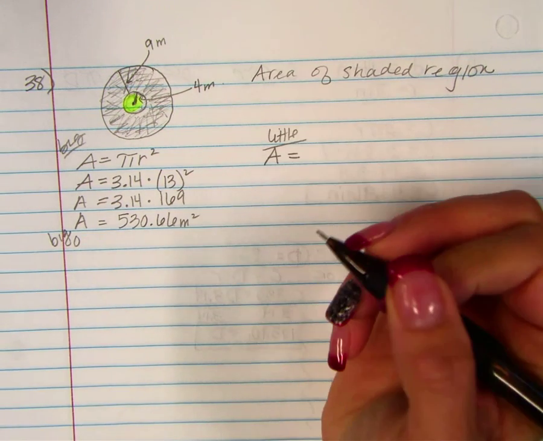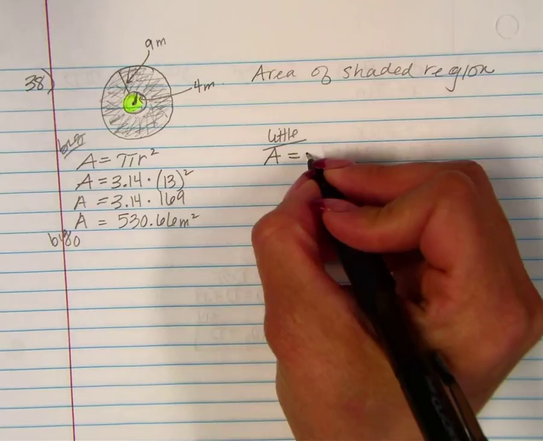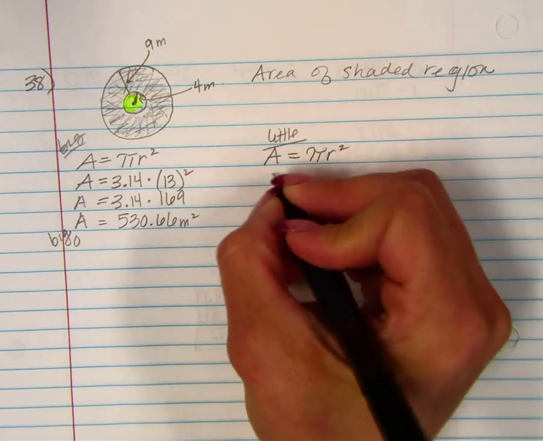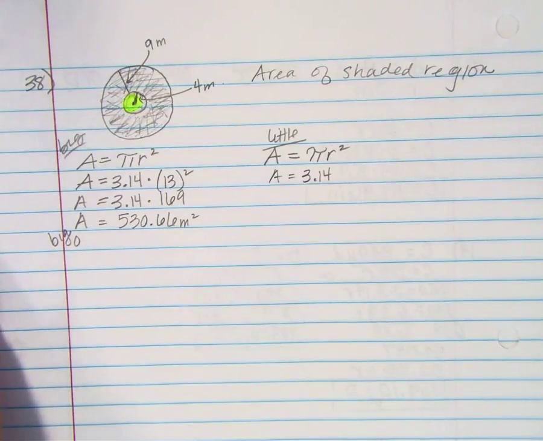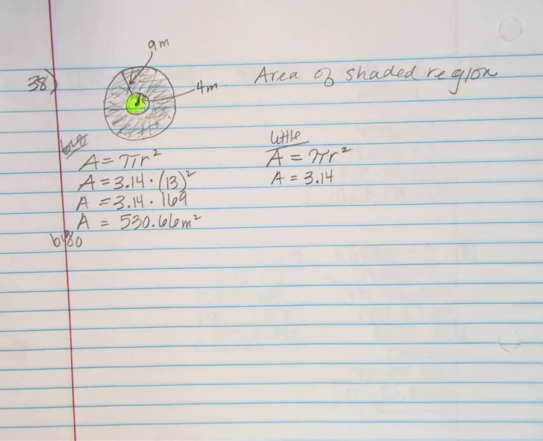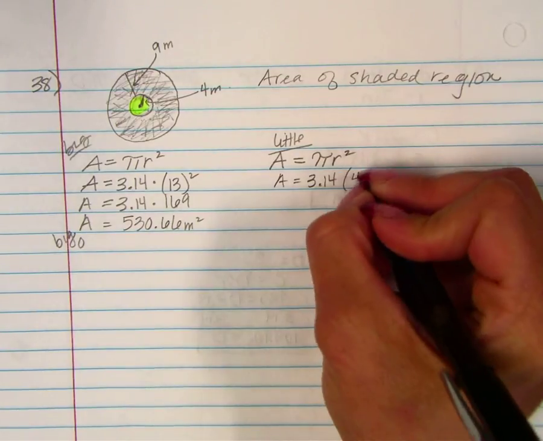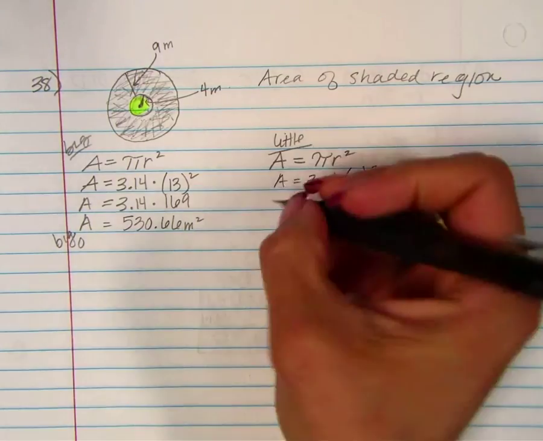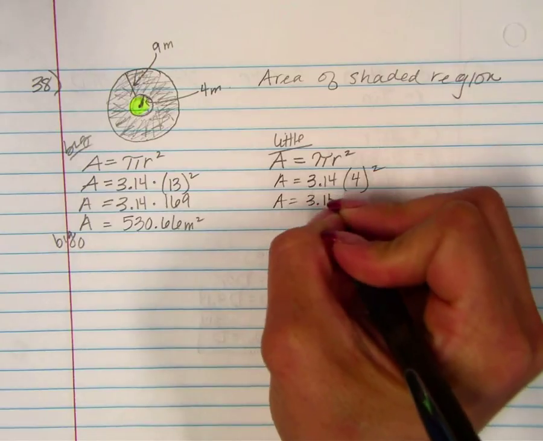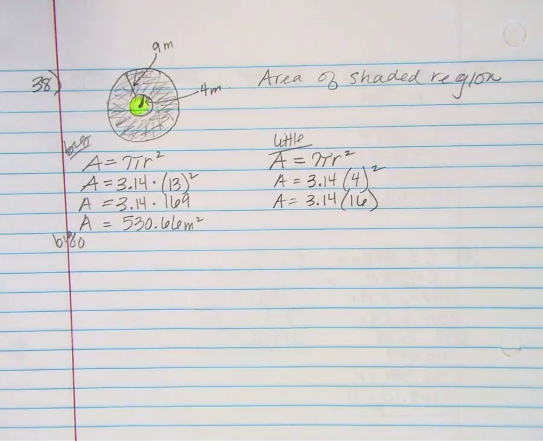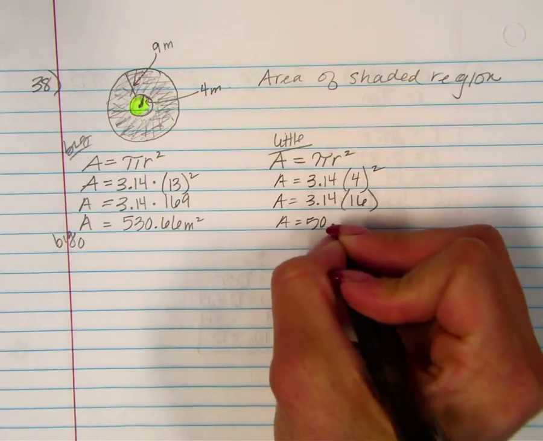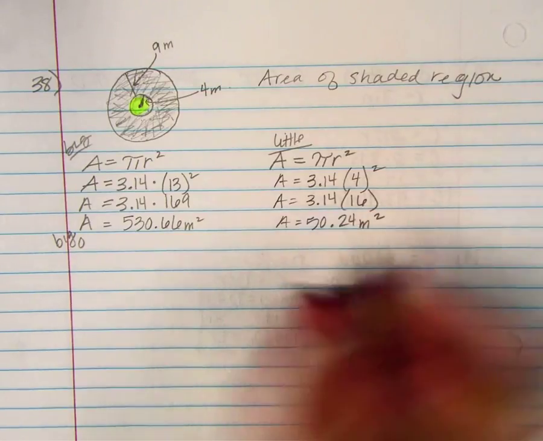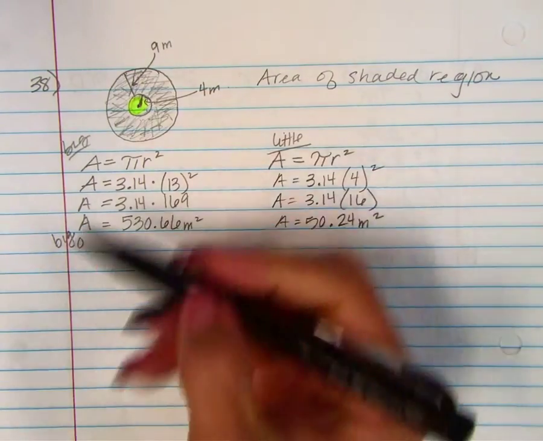And my formula for area is what, Haley? Pi r squared. And so I know that pi is 3.14. And what's the radius of that little tiny circle? Hunter? 4 meters. Okay, 4 squared. And it's meters, you're right. It's fine. So we have 3.14 times 16, because 4 squared is 16. And 16 times 3.14 is equal to 50.24 meters squared. So now we've got the whole thing